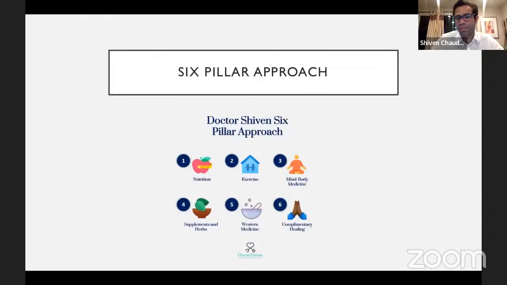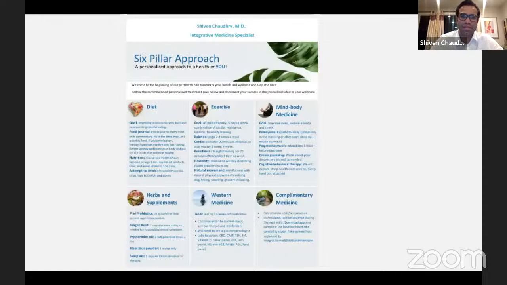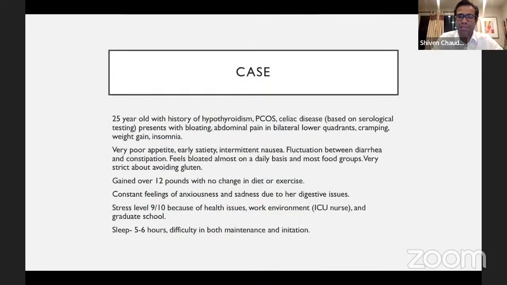We rely on nutrition, exercise, mind-body practices, supplements and herbs, Western medicine. Believe it or not, I still am a trained MD, so sometimes we'll use Western pharmaceuticals, complementary healing. This is what a 6-pillar approach in the practice looks like. I thought I would probably do a case at this point to show you guys how we